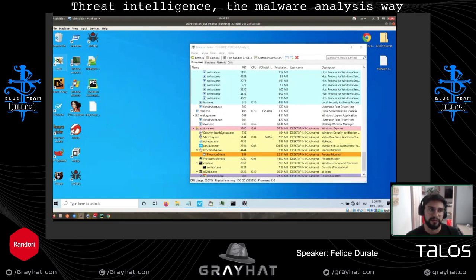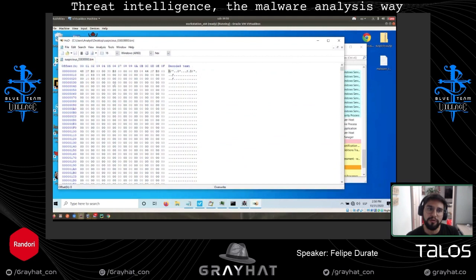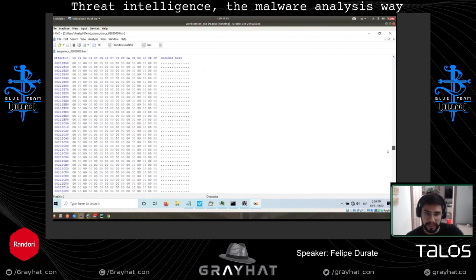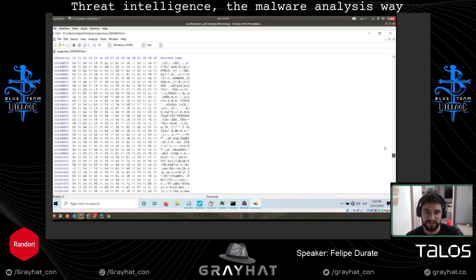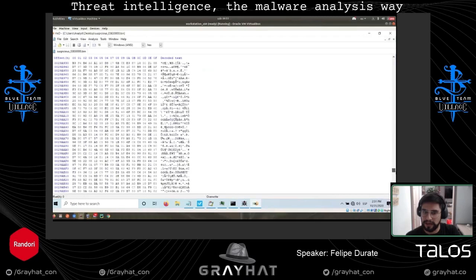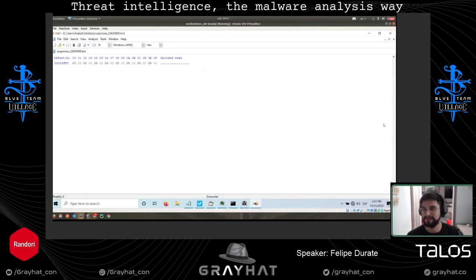What we're going to do now: I want to open this in a hex editor just to see if the whole thing was a binary, or if it actually contains other stuff. And you see that, yeah, it has a lot of things here. We know the binary is here, but there is a lot of other stuff, so we need to find the binary.